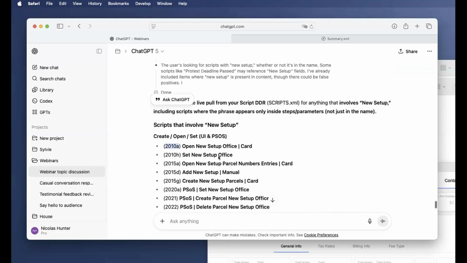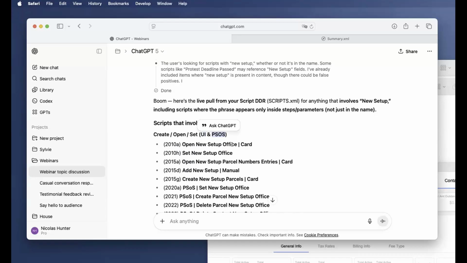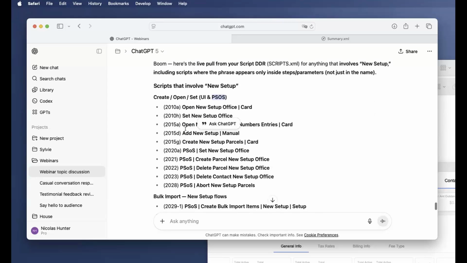Okay. So this is create open sets, open, create. You have UI and P sources. The one in front, when you say UI, that means buttons and stuff like that, and then you have P sources. You have both combined.